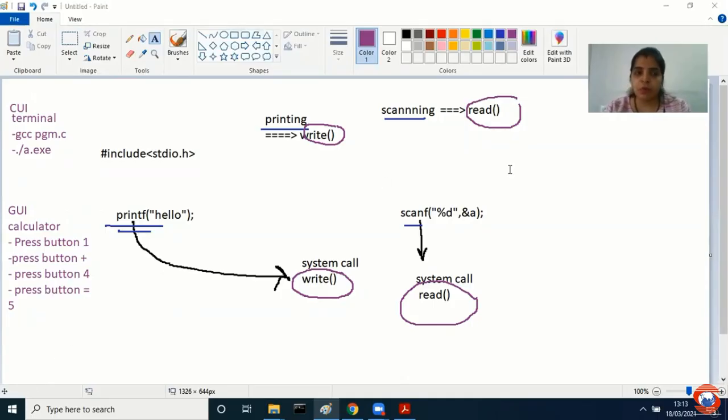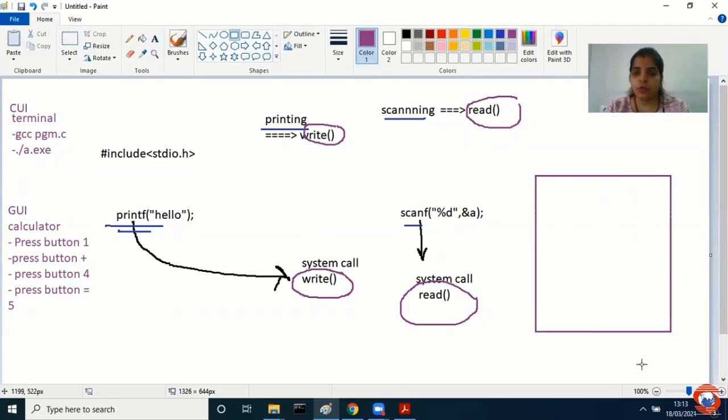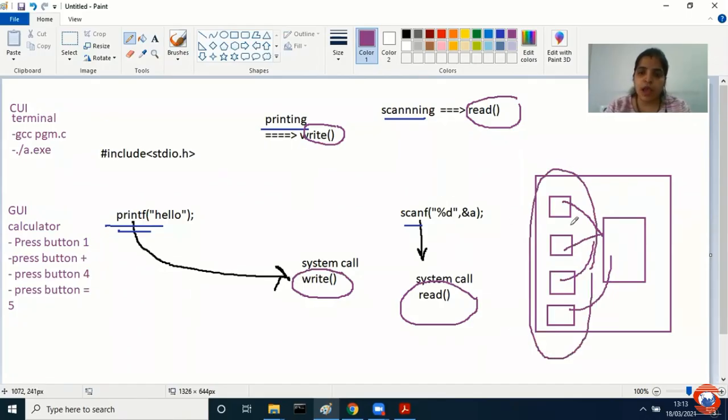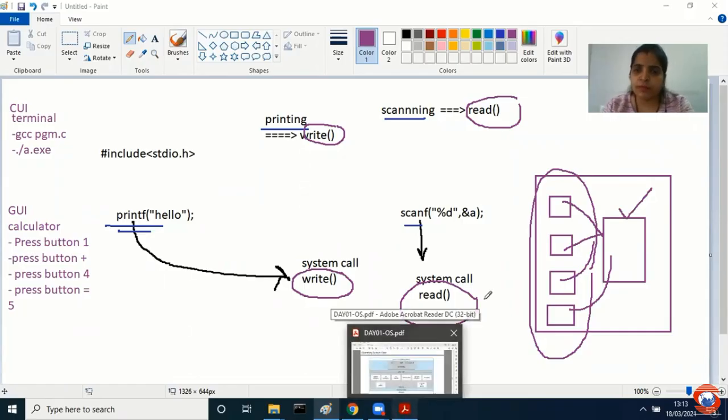Now, suppose you are working in some lab, and there are different numbers of machines available, and they all are working on one bigger application. This one is giving some instruction, this one is giving some instruction, and so on. A batch of applications or a batch of machines working together on one single application is called batch processing. It can be through a command, or anything else.